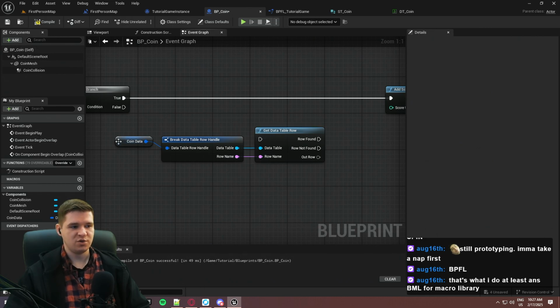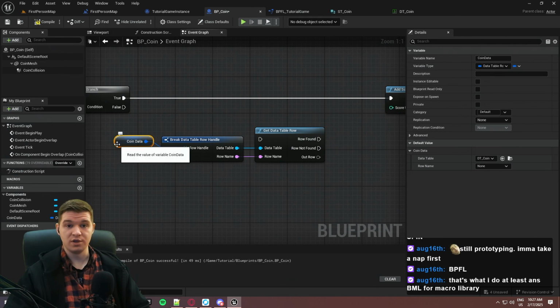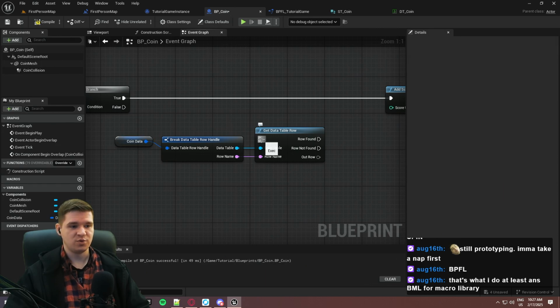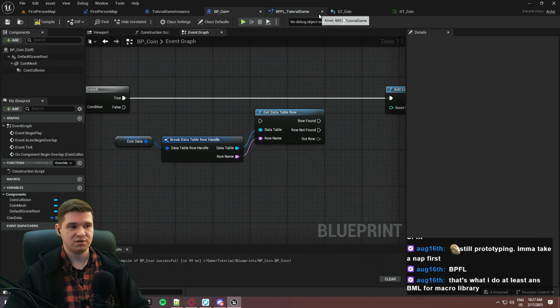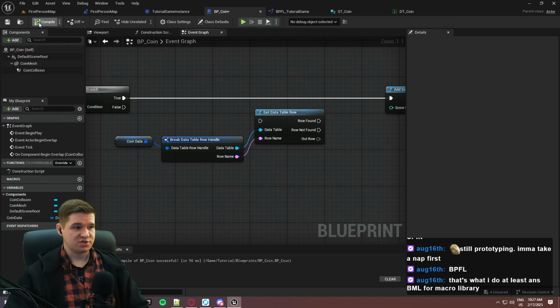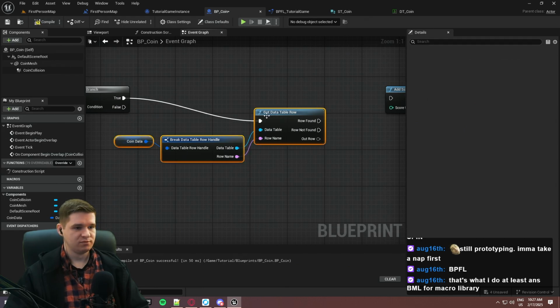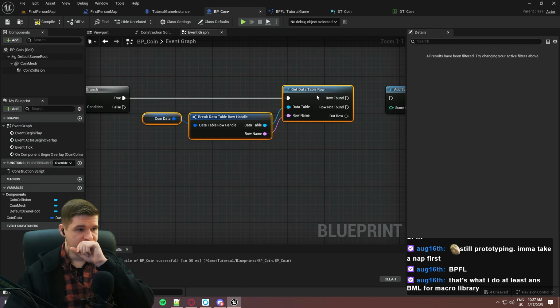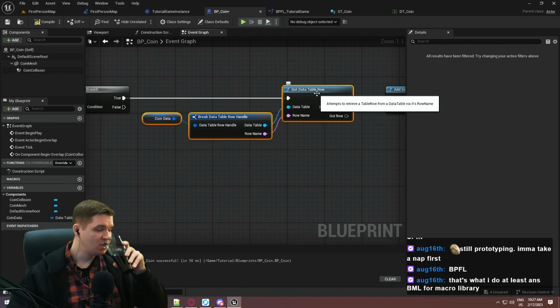And what this is going to do is in any instance of coin, of our BP coin in the scene, it's going to grab the information from coin data. It's going to attempt to grab this information from this data table and return the values that we expect from it. So let's compile and save and hook these up. So when the player runs into the coin, excuse me,